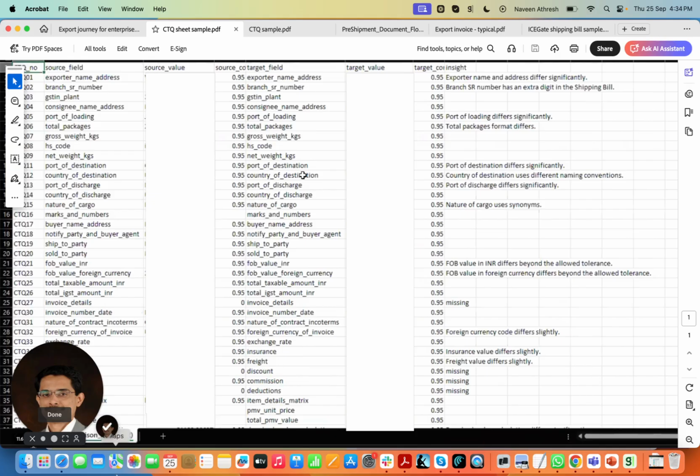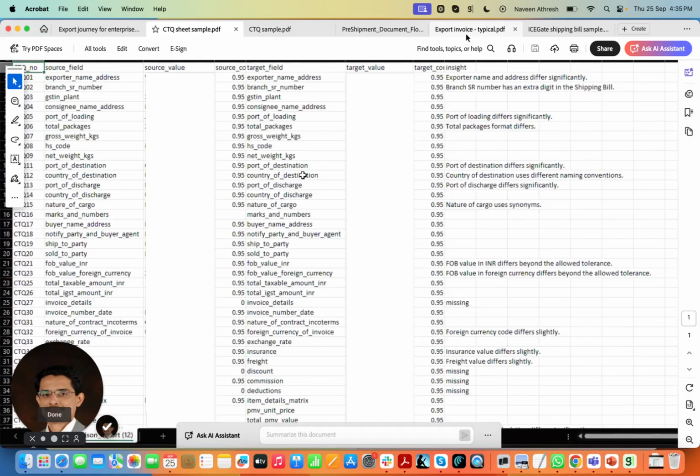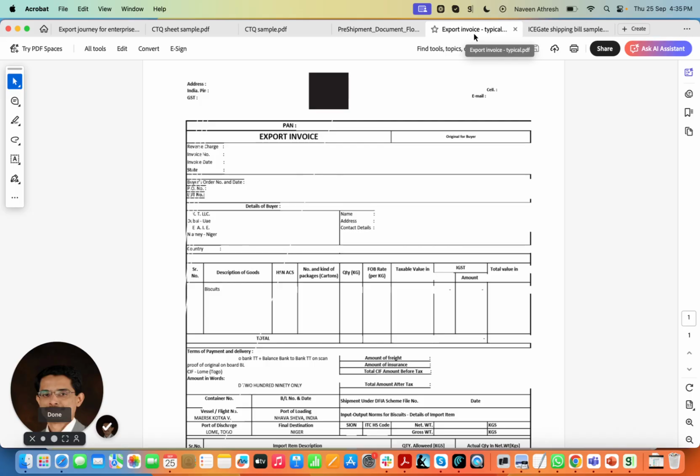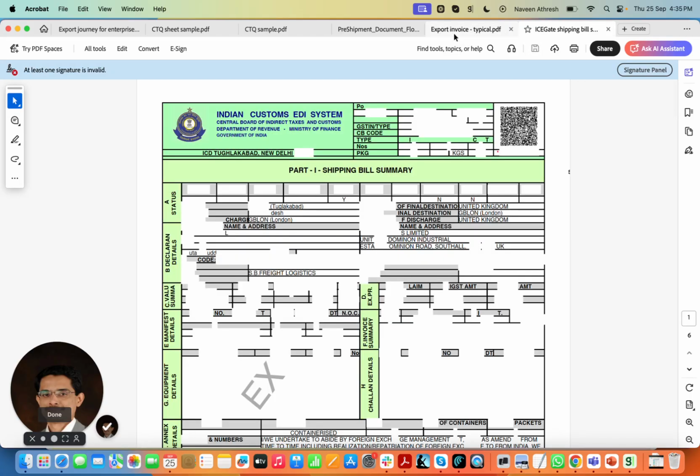Now, Liquid Mind's job, as I had explained earlier, is an agentic workflow which simplifies this entire end-to-end workflow for comparing and extracting the documents, making sure that there is mapping done. There is a huge discrepancy between the plant's invoice items, key value details, versus the details that they get from, say, the shipping bill, and it could vary at scale. And in a large enterprise context, let's say the example I gave you of 1000 to 2000 shipments a month, there is an army of people deployed to solve for this validation, extraction, comparison,